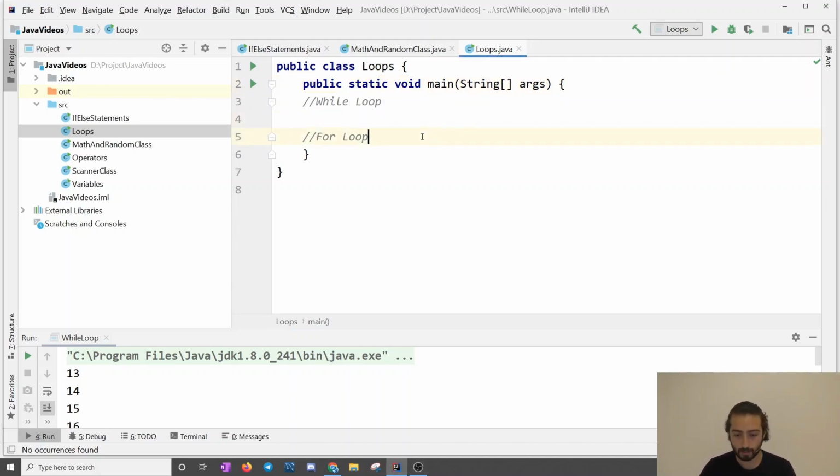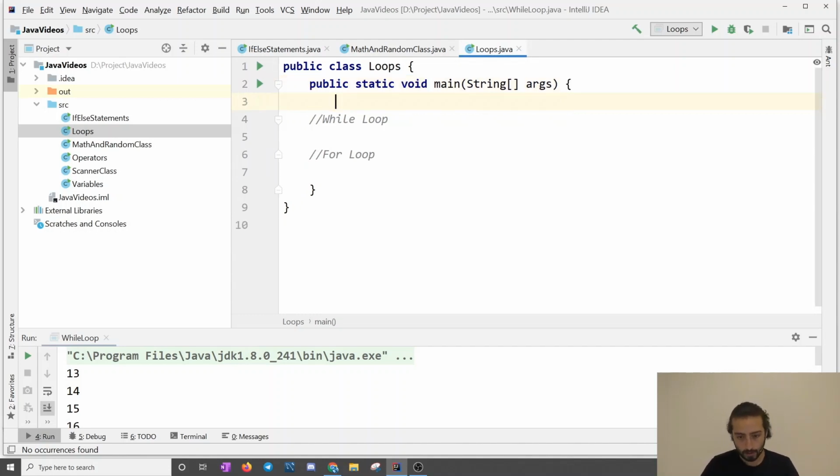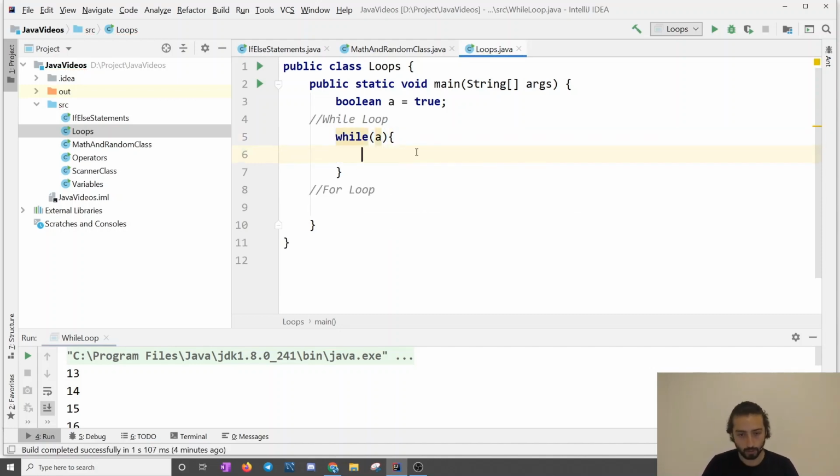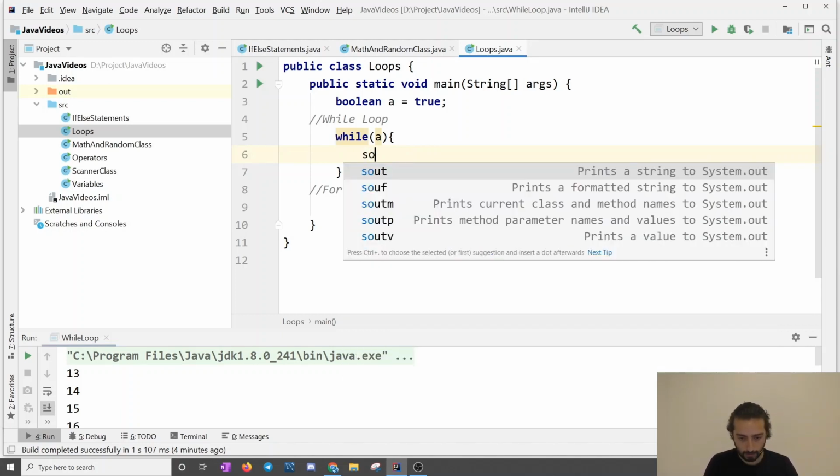So we can do it right here with an example. A while loop is actually similar to an if and else statement. The similar way is that they both have a condition to work. So let's say boolean A equals true. And then let's say here while A, which means if A is true, it's going to work. While A is true, System.out.println